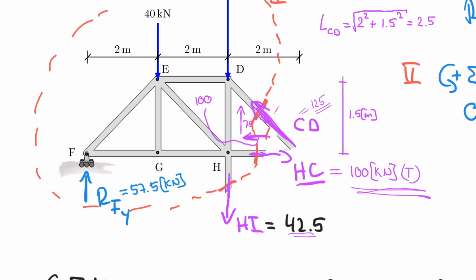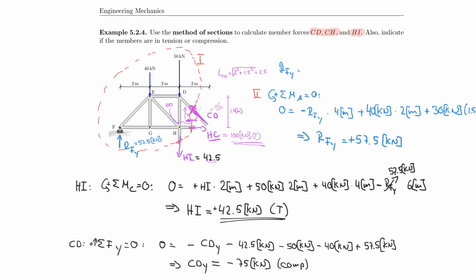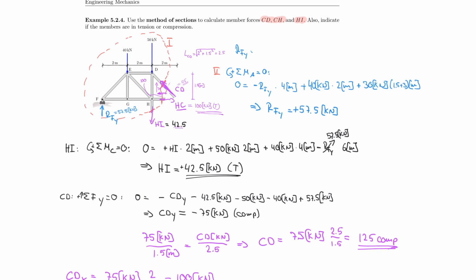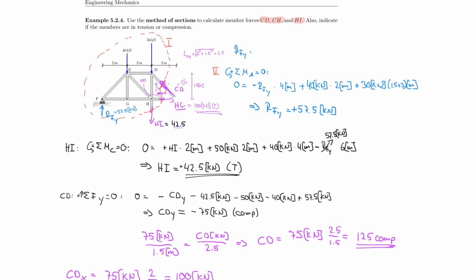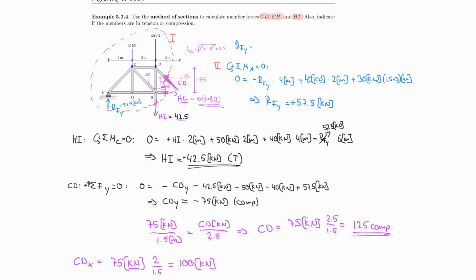And now I solved all my three forces, and I believe you have all the tools you need now to solve problems with the method of sections approach. So let's recap this problem real quick. We started with calculating the support reaction for only one support because we only needed one side of the system. Then we found first the HI component because it was the vertical one that could be calculated by taking the